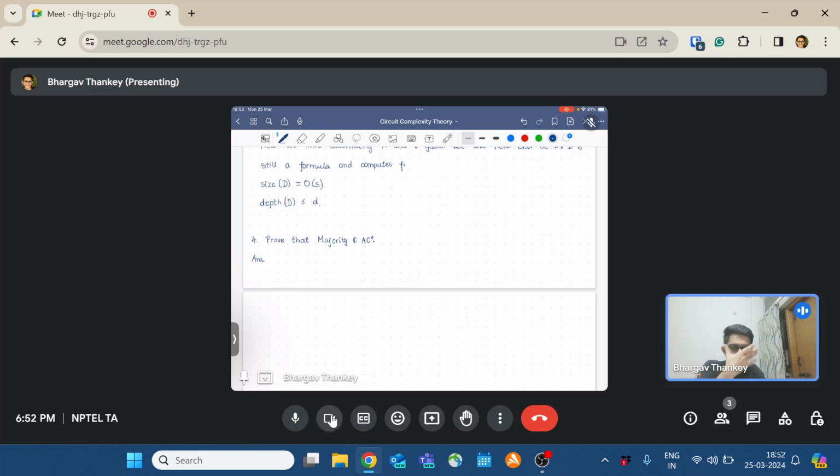We want to prove that majority is not in AC0, and we already know that parity is not in AC0. So one natural way to do this is by contradiction. Suppose majority was in AC0, then from the AC0 circuit for majority, we can construct an AC0 circuit for parity. But now we know that there is no AC0 circuit for parity. So our assumption that there exists an AC0 circuit for majority has to be false, right? And so majority is not in AC0. So this is exactly what we'll do. So the idea is